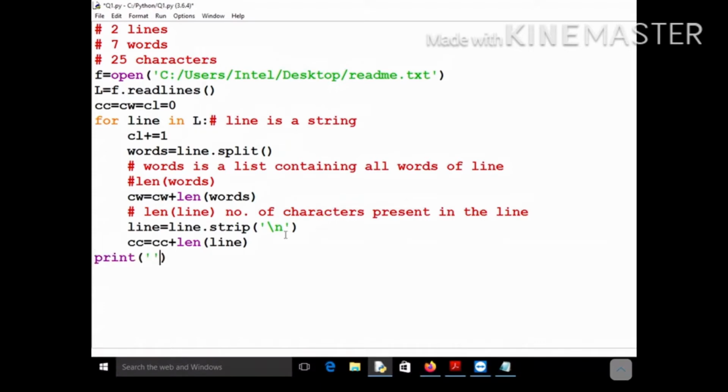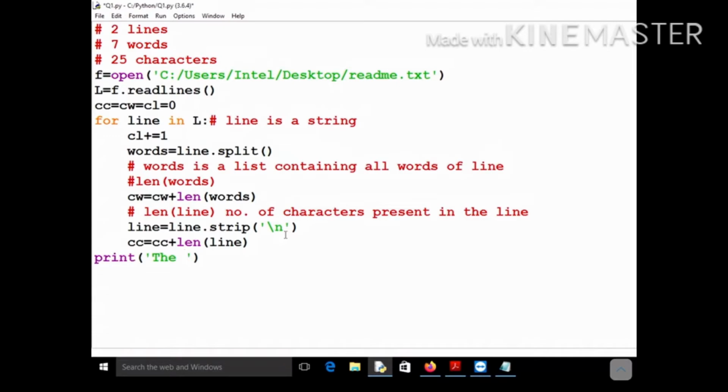Now just print all the things, that is, how many lines, words and characters there are in the file. I hope you remember the format method. If you want, you can print them on separate lines, that the file contains so many lines, so many words, so many characters. But let's do it in a single line, and I had already told you about the format function.